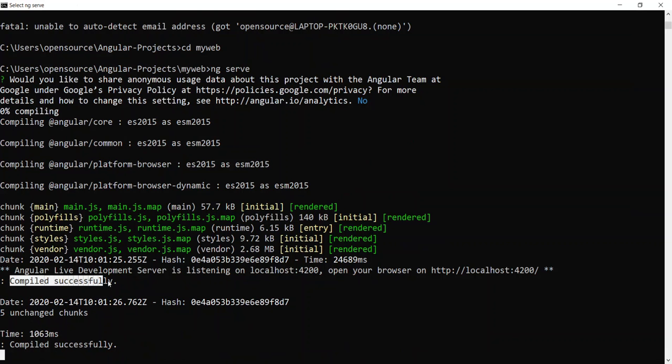Once compilation is successful, you can see that localhost:4200 is the server URL. Just copy this URL